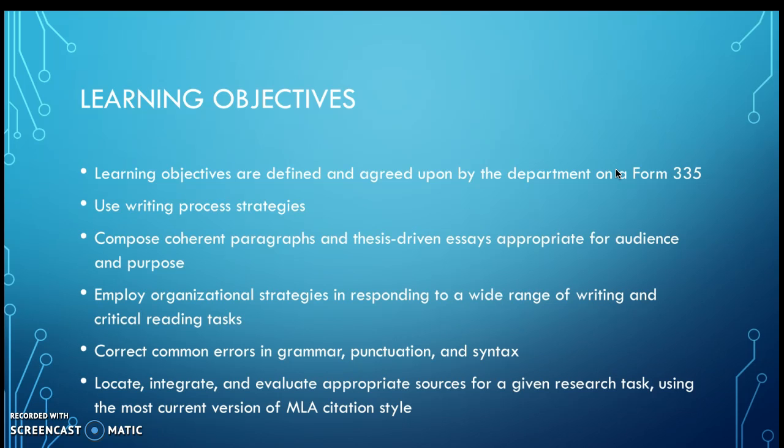I copy and pasted the learning objectives right from the course 335. 335 is basically just a form that is given to me that gives me the textbooks I can choose, the objectives, the course description, etc. And below we see here, use writing process strategies, compose coherent paragraphs and thesis-driven essays appropriate for audience and purpose, employ organizational strategies, correct common errors, locate, integrate, and evaluate appropriate sources, and use MLA. The one that I focused on for this project is actually the composition of coherent paragraphs and thesis-driven essays appropriate